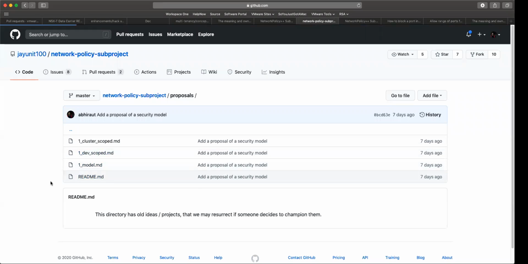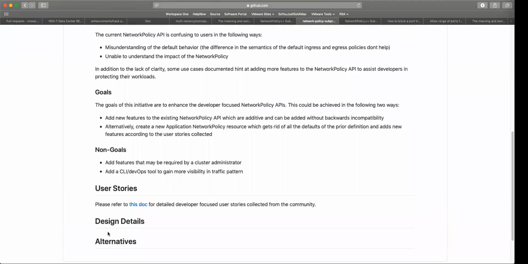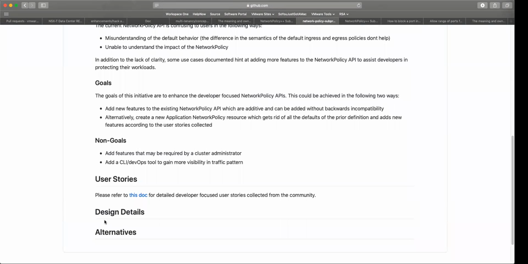And in the dev scope, what I was planning to do was to add two sort of proposals. One is the additive one, which includes the 3 use cases that are part of the 4 use cases, which is the namespace as a name, the nodes and node selectors, and the third one was the port ranges. And the alternative was going to be a new API.